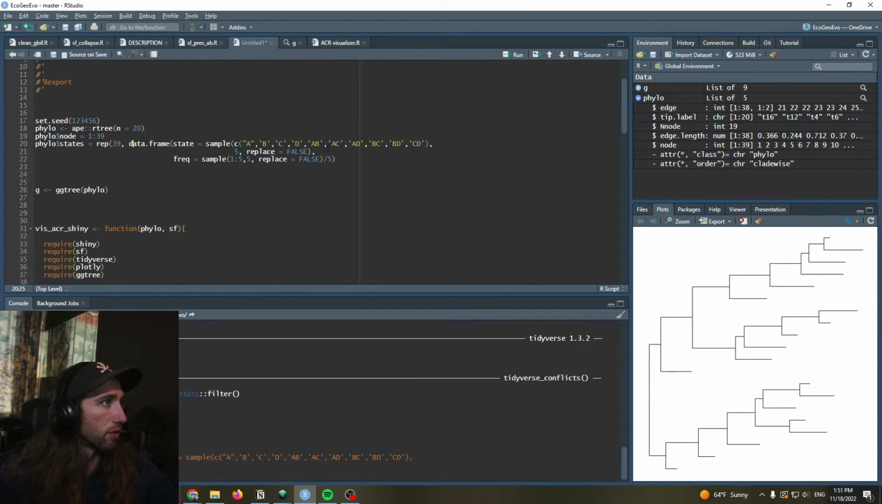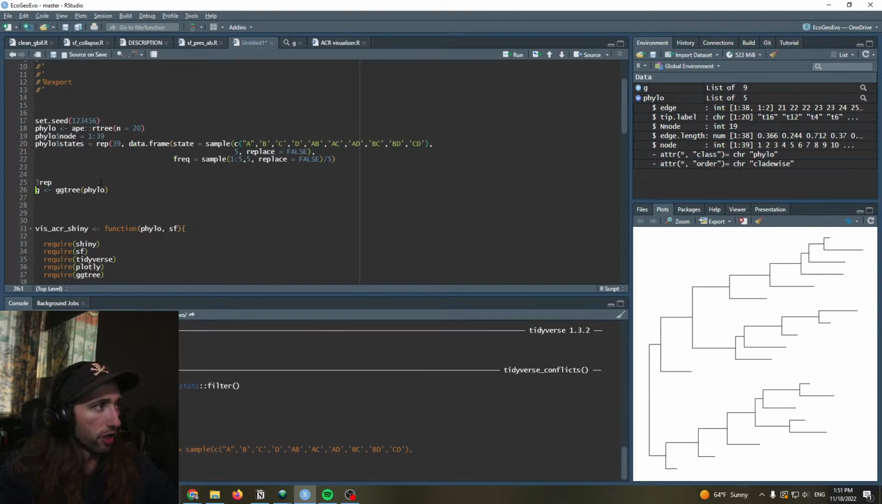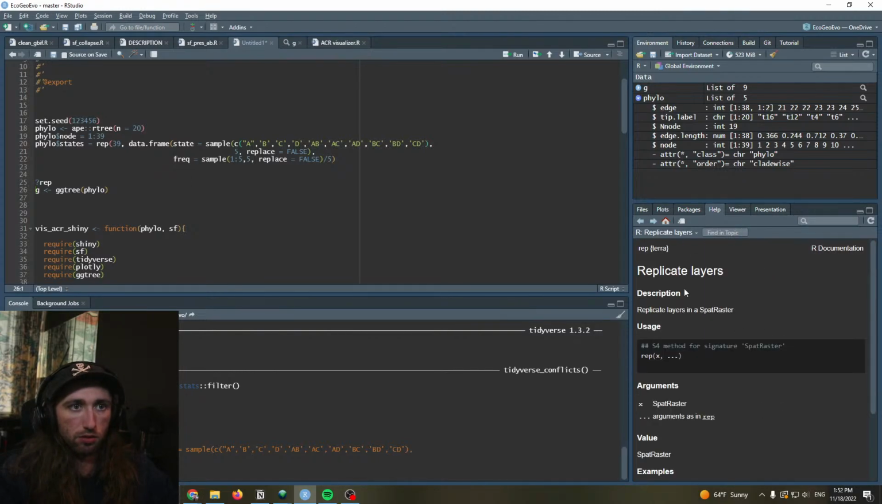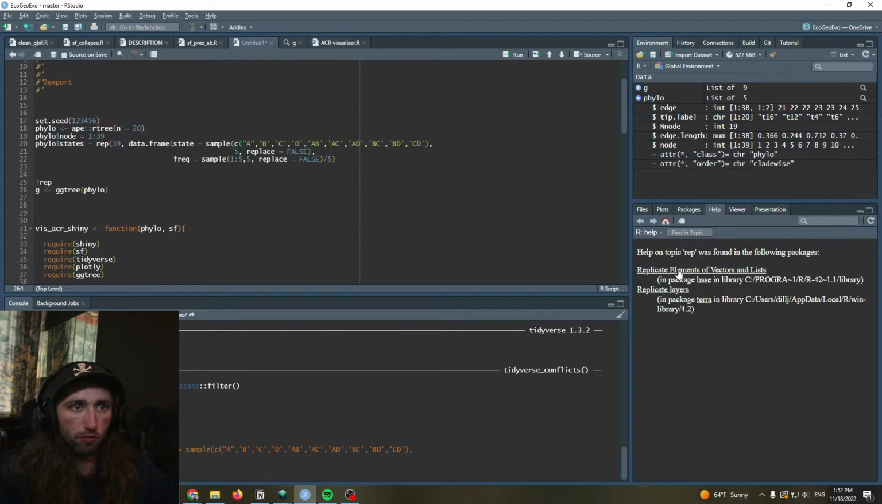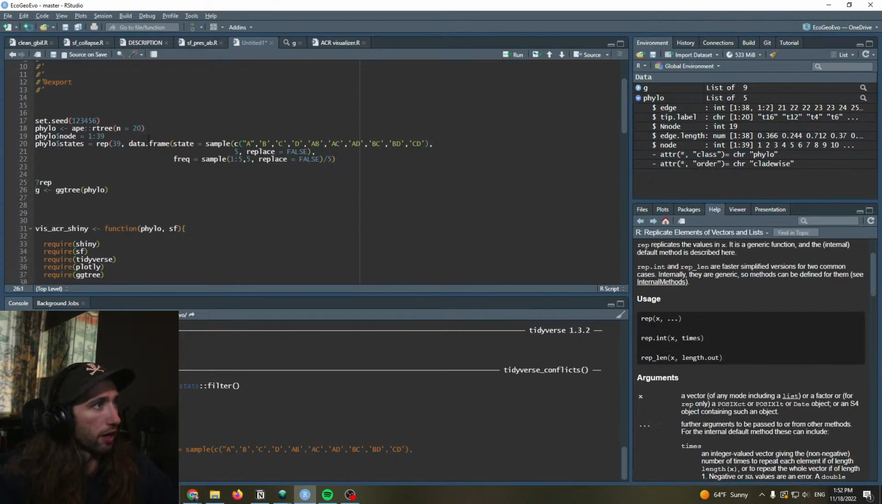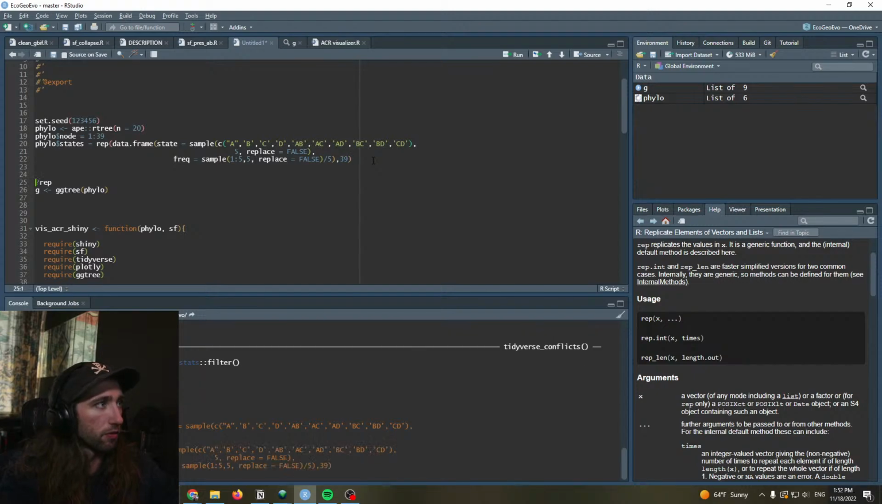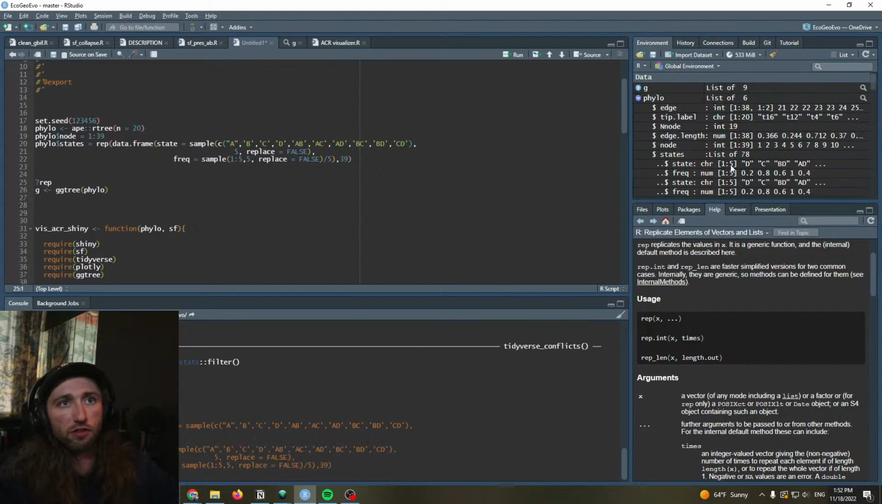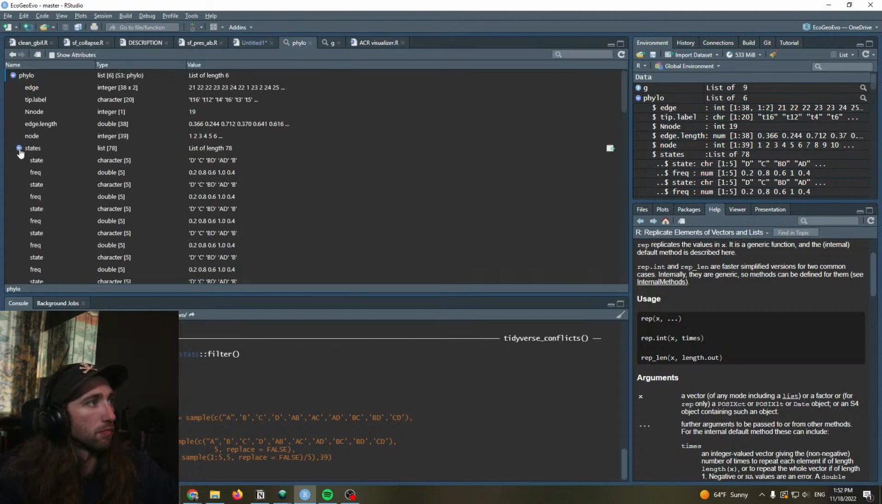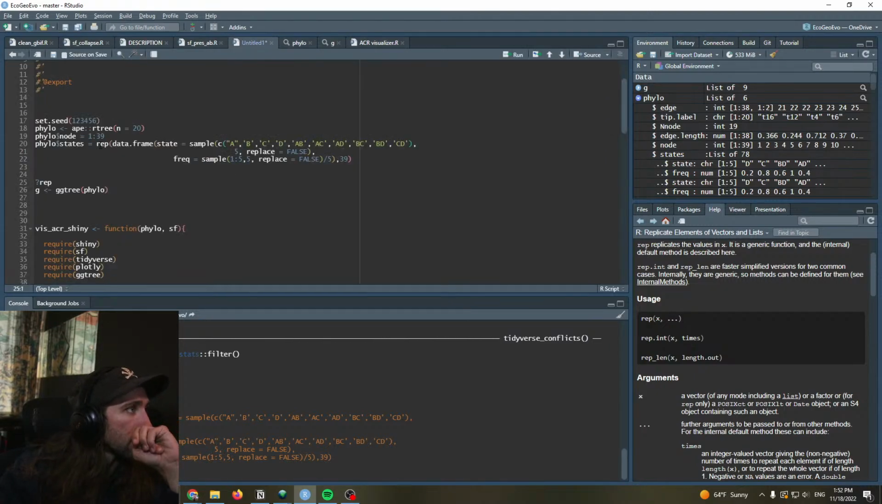Missing something. Let me also double check the layout of the repeat command. X times. Okay, repeat. Making a data frame. 39 times. So that now each of these states, that did not work out as I wanted. I basically wanted it to be a